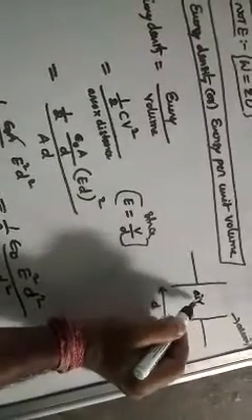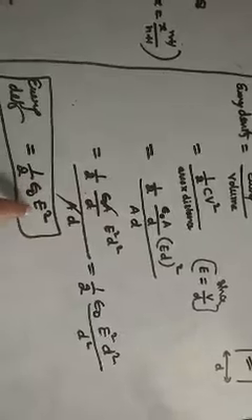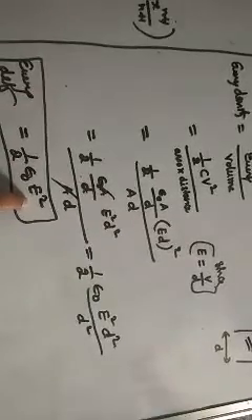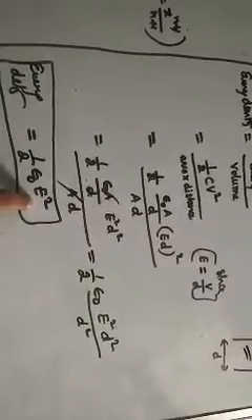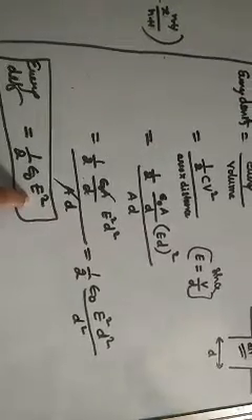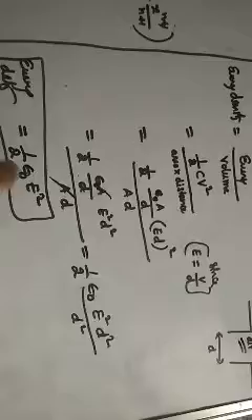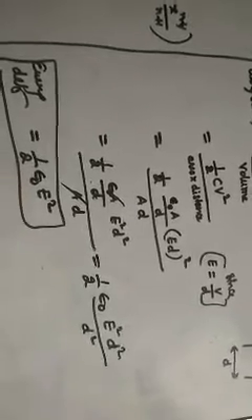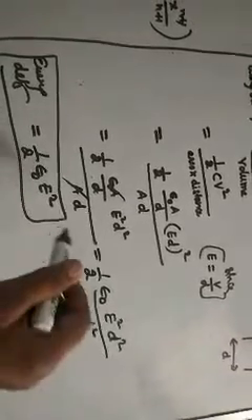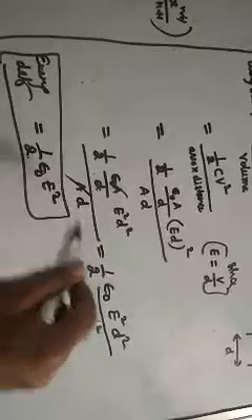Again I am saying, here epsilon naught is coming. Why? Because between the plates of the capacitor air or vacuum is there, so I am writing epsilon naught. E, capital E, is the uniform electric field between the plates of the capacitor. So check it carefully. On the basis of this, the previous question is there; check it in our notebook, you will get the answer.